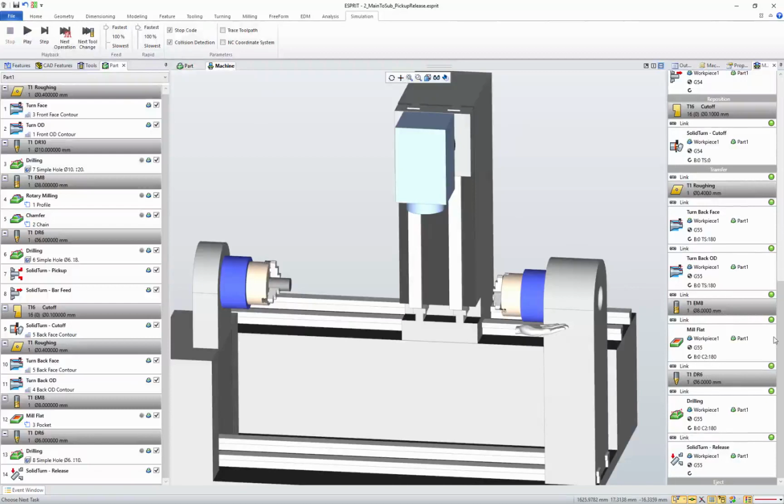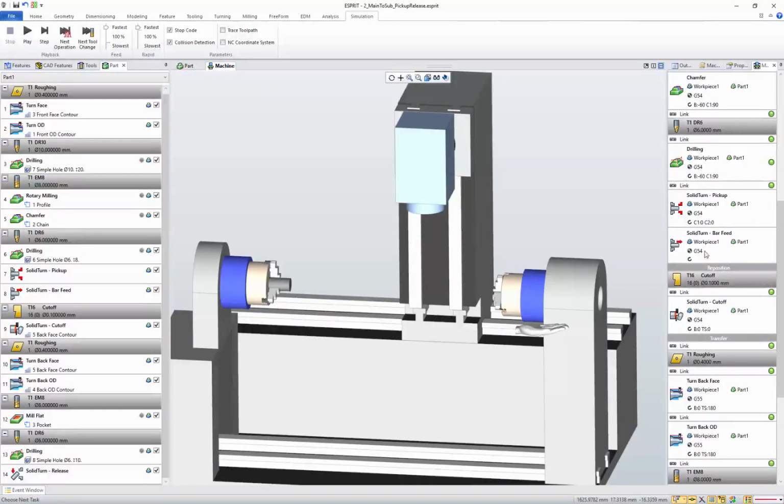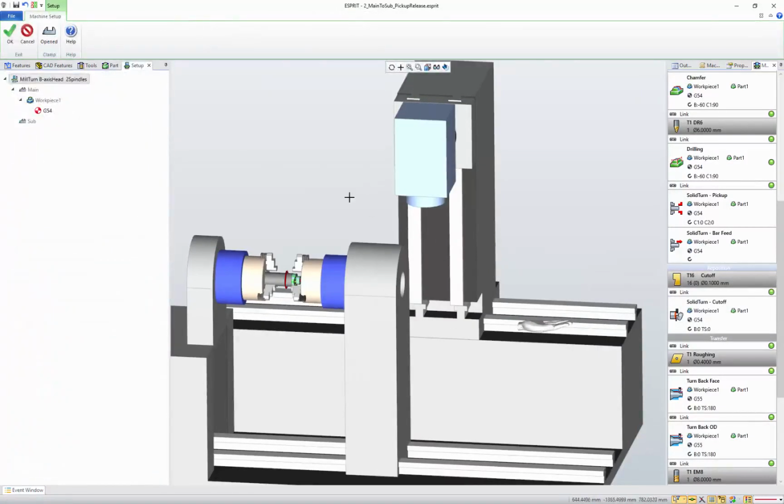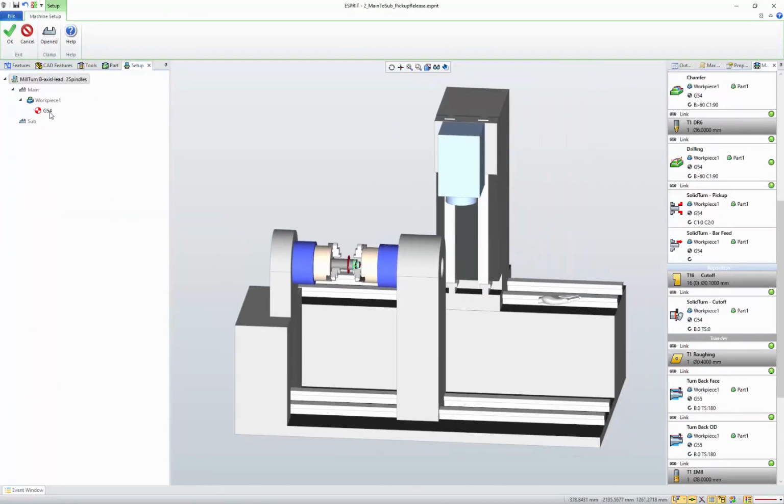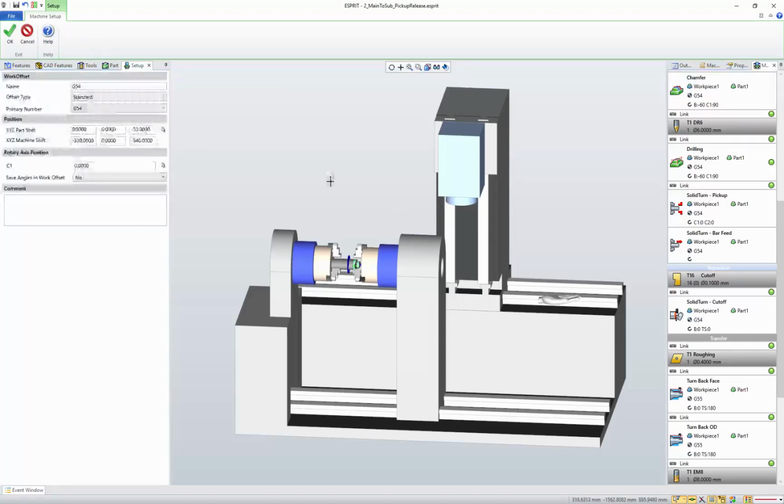Something interesting to notice is that the bar feed again has generated automatically a setup change. So a bar feed generates a reposition setup change. In this reposition, the work offset from the previous setup is kept. So I'm still working with the G54, but notice that the G54 now does not refer to the front side of the part. Now, at any time, those setup changes that are automatically created by the system can be changed, modified. You can add your own work offset, and the system will keep this customization of the setup.